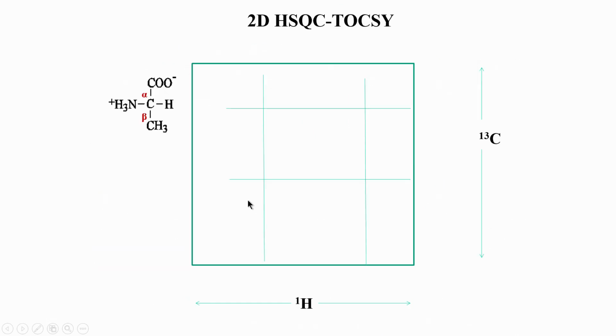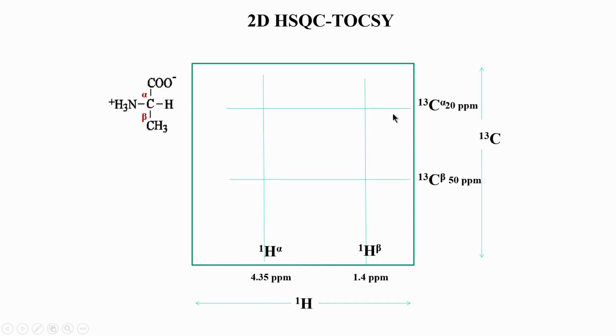So, let us look at the peak pattern you would expect in a regular HSQC TOCSY, and this is a simple amino acid, alanine, which is given here. You can see in alanine we have this CH3 and there is a proton H which is C alpha, H alpha. So, now in a regular HSQC what do you expect to get? In a regular HSQC you expect to get the correlation from this carbon to this proton, one pair, and another pair would be this pair. So, you basically get 2 peaks.